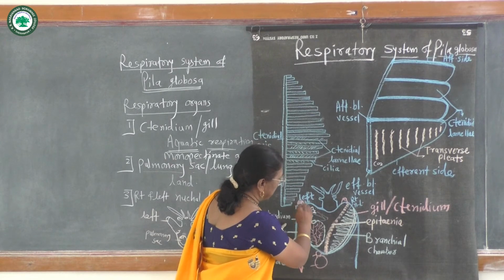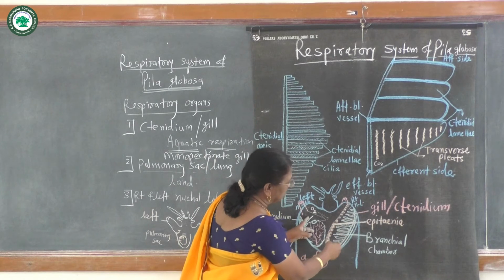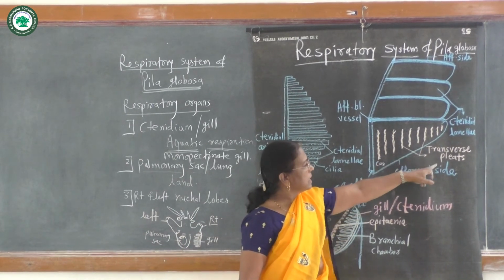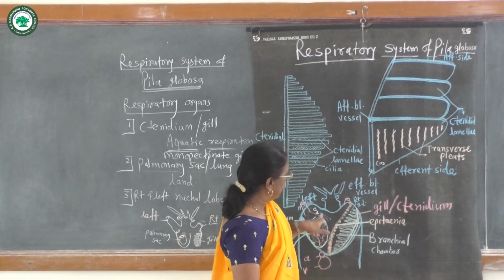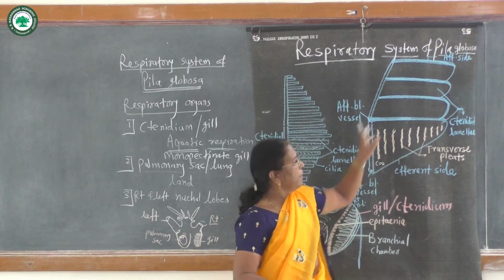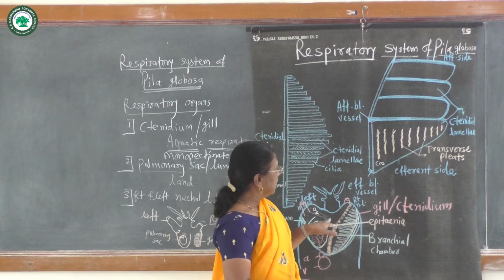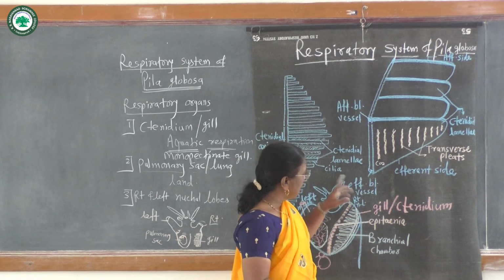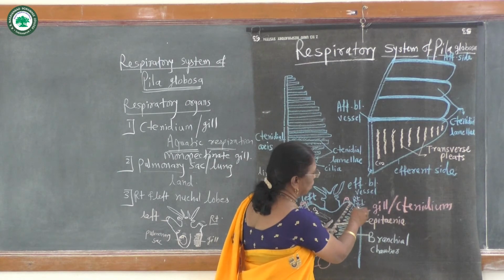When the water current enters through the left buccal lobe, all these lamellae are bathed. O2 is absorbed due to the thin membrane and CO2 is driven out, and this CO2 goes outside through the outgoing water current through this right buccal lobe,